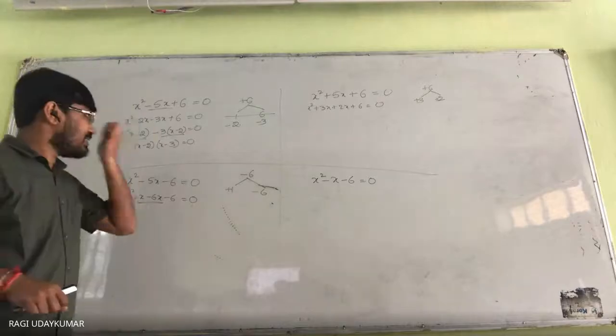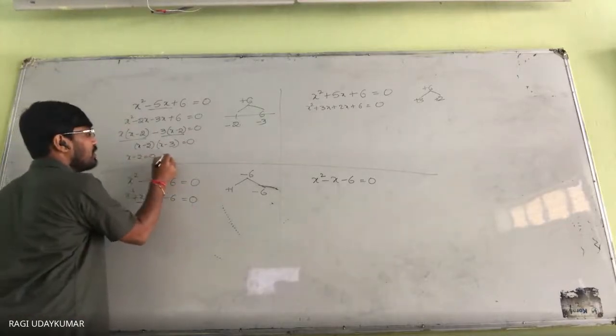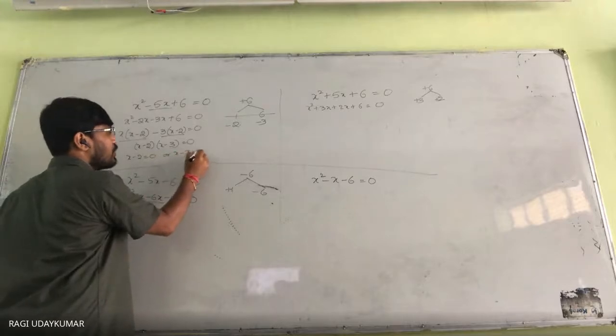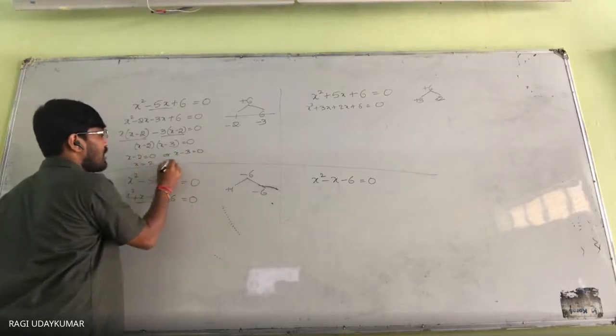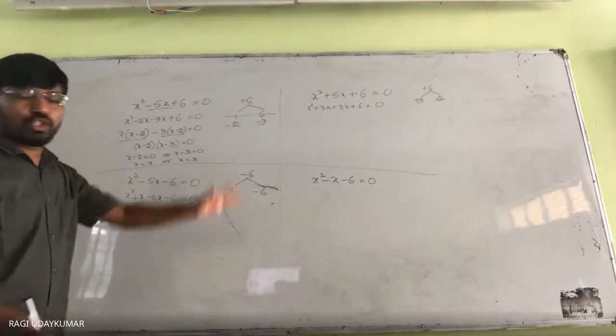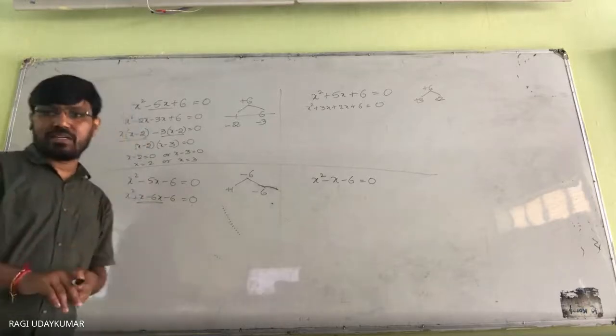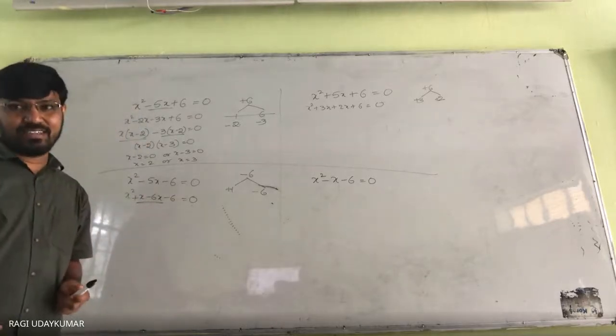Okay, sir. After this, you can do it now. It's not a very difficult task for you. x minus 2 is equal to 0, or x minus 3 is equal to 0. From this, x is equal to 2, or x is equal to 3. My plan is to explain the different situations and how we split the different situations. Every student has to understand, not only the top 5 students.